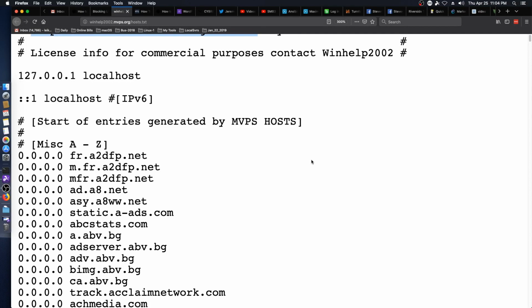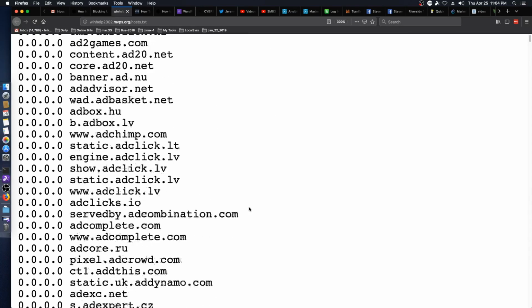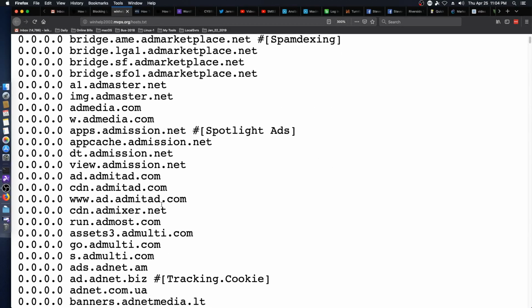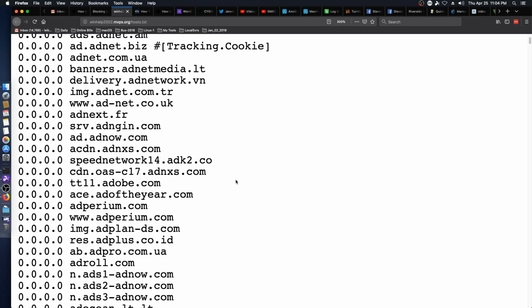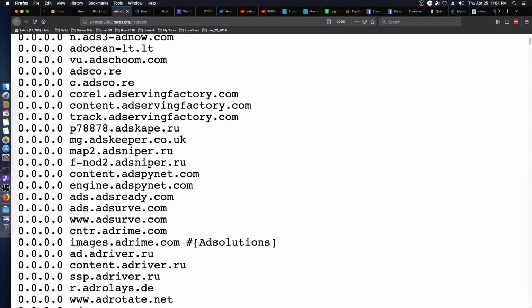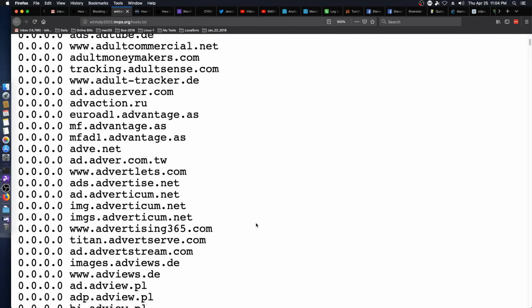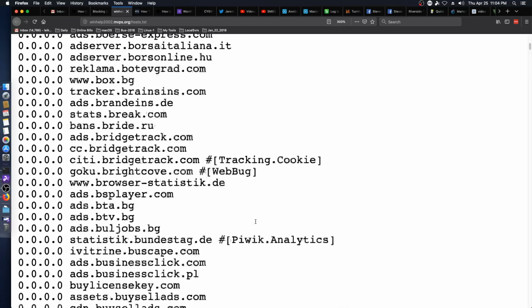So yeah, this goes through a bunch of tracking cookie sites, spam dexing, spotlight ads, there's another tracking cookie, ad solutions, all kinds of stuff is built in here,